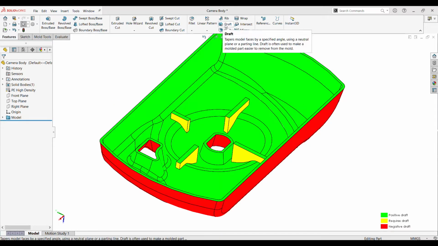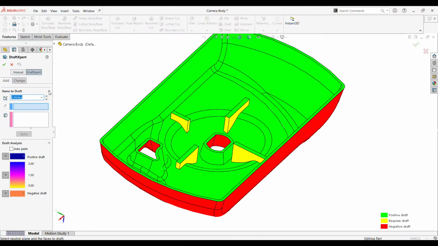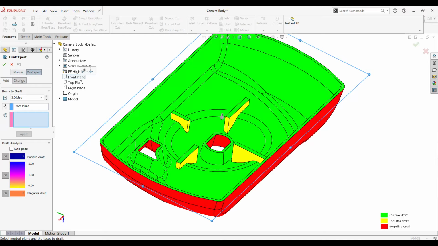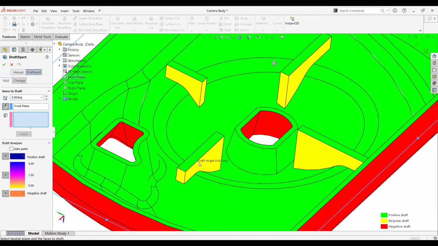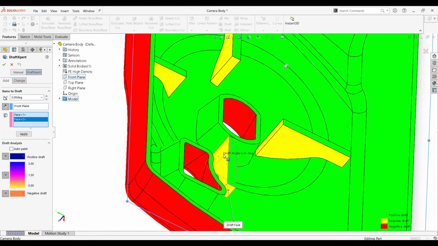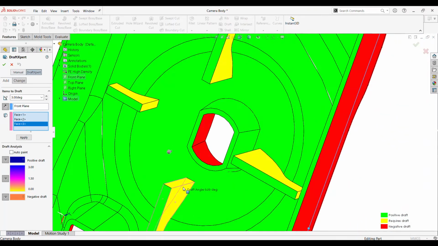Let us apply a draft on these faces. Click Draft Features in the tab, set 3 degrees as the draft angle and select the front plane as the neutral plane, and check that the draft direction is upwards. And select the yellow color indicated faces as the draft faces.